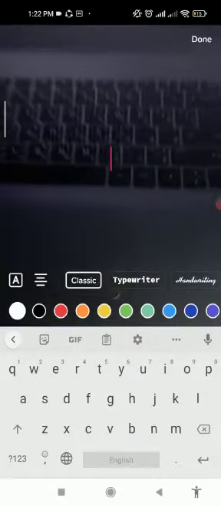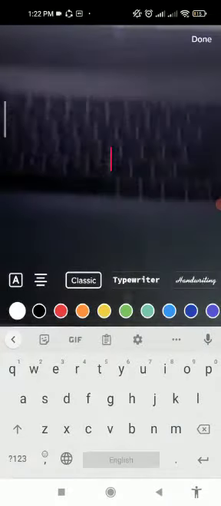What you need to do is click on this tick mark option at the right hand side. So let's click on it. So let's start recording the video, just for the sake of the tutorial. And when you are done recording the video,